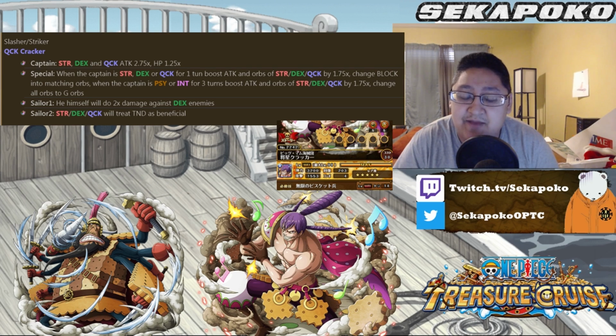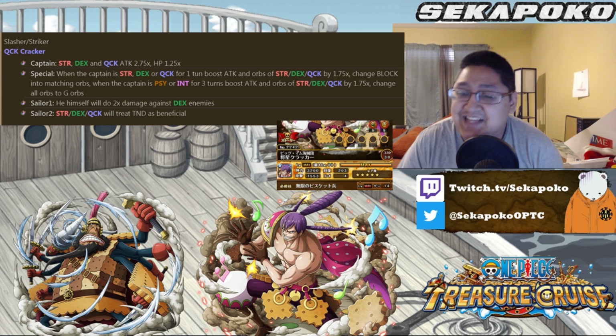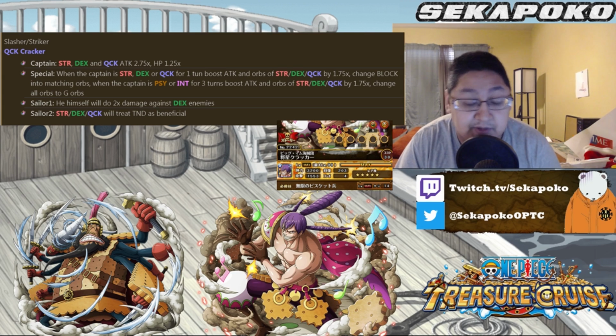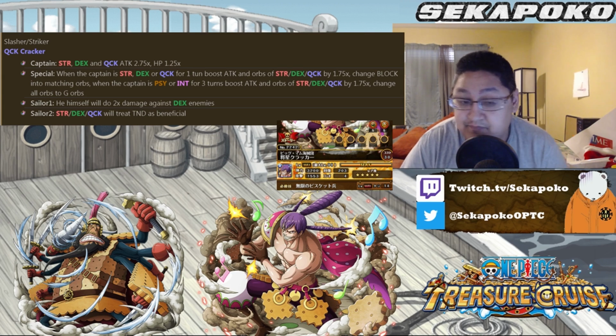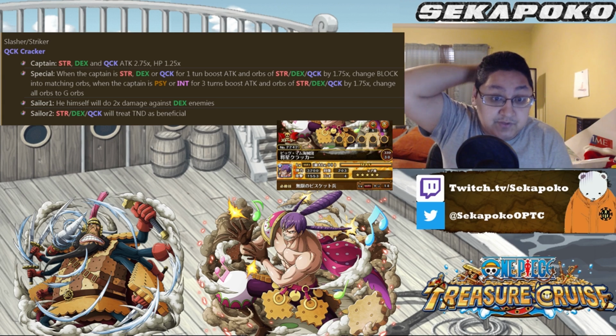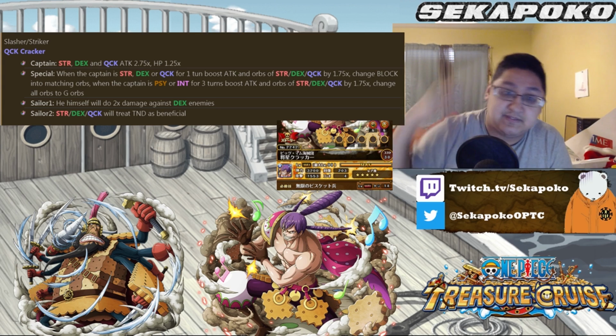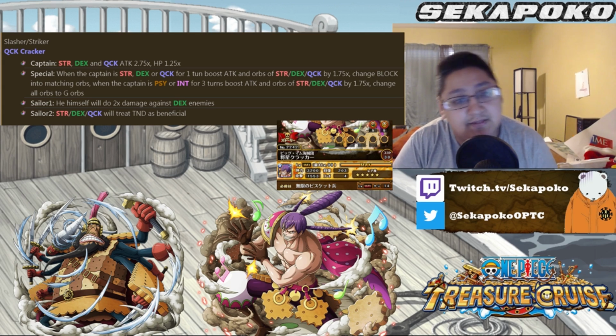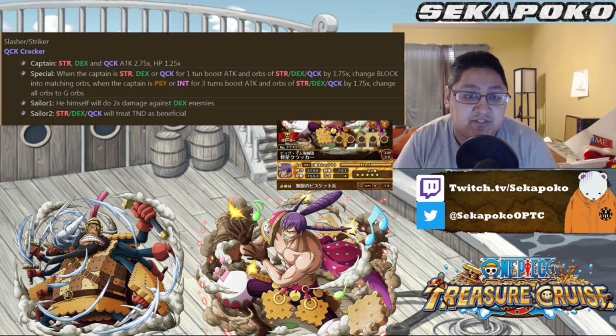Not really a fan. I'd rather use Lucy. If I'm going to use any character, I'm going to use Lucy instead of Quick Cracker. I really don't see the point besides getting the block orb matching and then the G orbs. But, you know, I'd still way rather use Lucy for way more situations. But okay, maybe it's better than I know. He himself will do 2 times damage against Dex enemies. Oh, so he doesn't have reduced damage to Dex. Okay. And then his Sailor ability is going to treat Strength, Dex, Quick as...